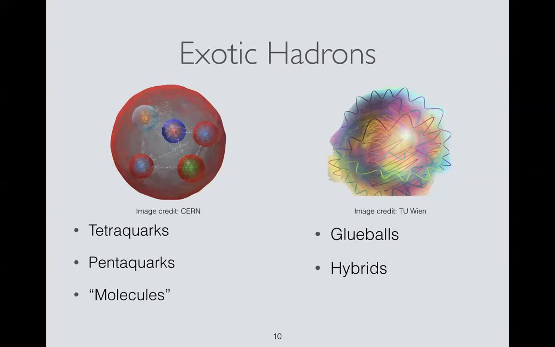Those were confirmed just in the past year or 2 at the LHC. Pentaquarks would be 4 quarks and an antiquark. And the thing that is hard to figure out is whether you've truly created a new bound state with that number of quarks, or whether it's more like a molecule. A tetraquark could be 2 quarks and 2 antiquarks that form a single bound state, or it could be 2 mesons that just happen to be produced close to each other and aren't really a new bound state. There's just 2 mesons that were near each other and sort of interacting like a molecule.